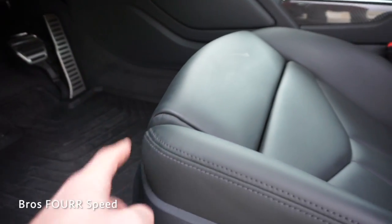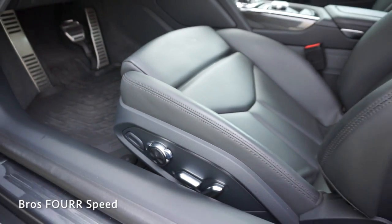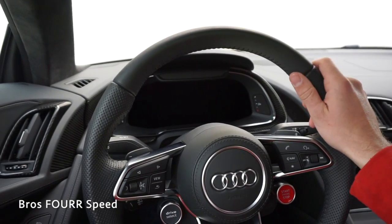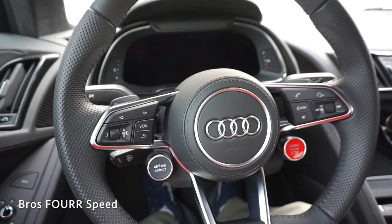Down on the lower section of the seat, this portion can be moved forward and back just by using the button on the side. And these do have an 18-way power adjustability with 4-way power lumbar support. Once inside, we're greeted with a fully wrapped black leather steering wheel. It has a nice flat bottom design to it with R8 down below, along with nice aluminum trim pieces surrounding